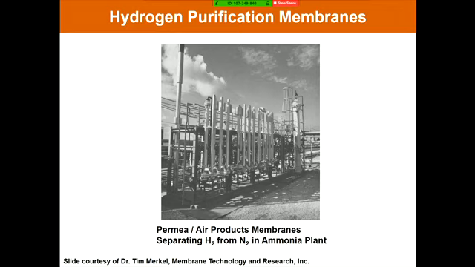And these are showing some early Air Products so-called Permea membranes that are in these columns. And virtually every ammonia plant in the world today will have a membrane system on the purge loop to separate or mine hydrogen from mixtures with nitrogen and other light hydrocarbons. Payback period on these is well under a year typically.